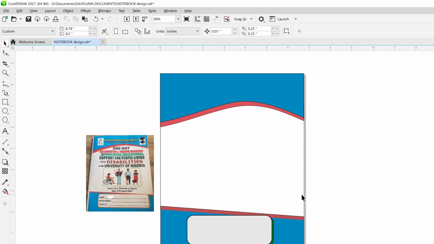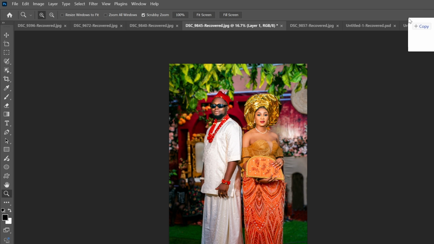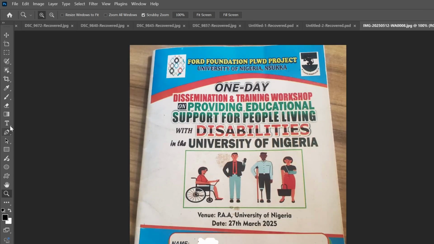So what I'm going to do is open my Photoshop. I'm going to import this picture. I'm going to drag this picture to Photoshop, and then Control J. Maybe I can turn off this layer. So what I want to do is